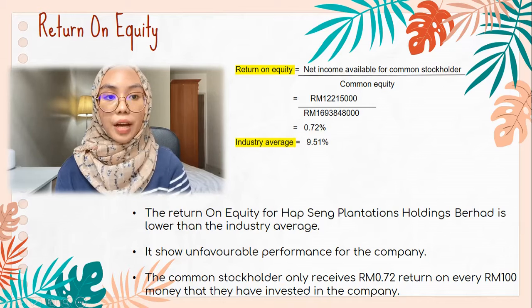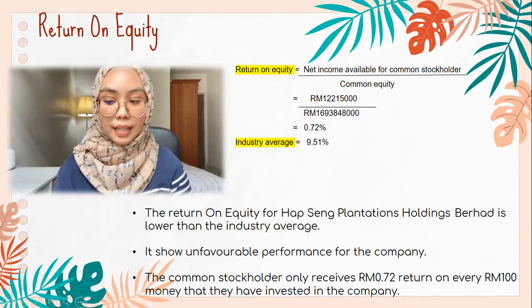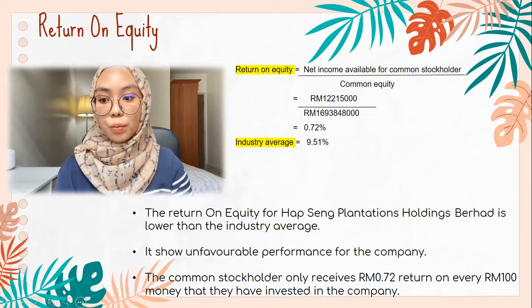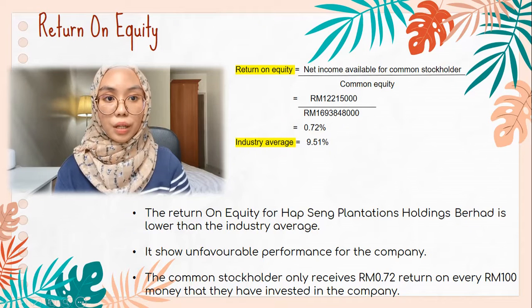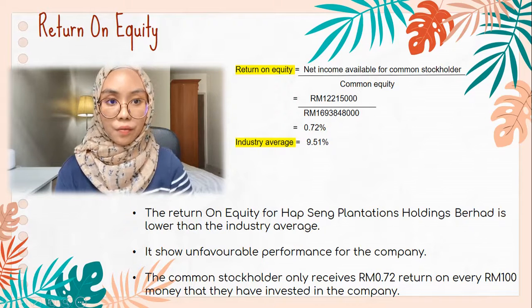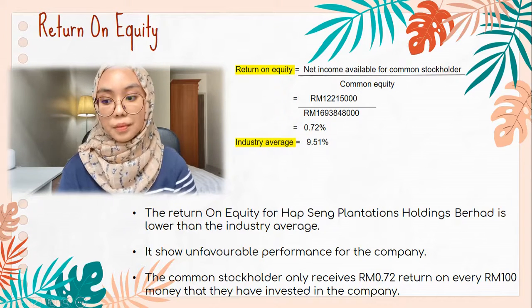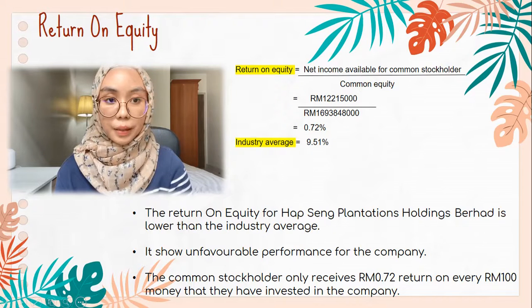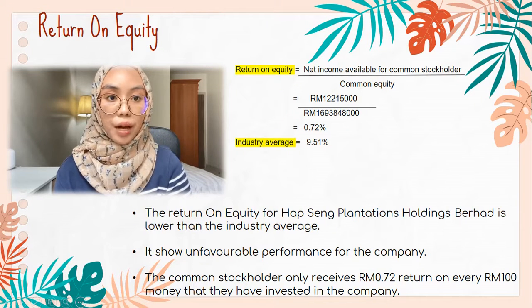Meanwhile, the industry average is 9.51%. The ratio of 0.72% shows that Hap Seng Plantations Holding Berhad common stockholders will only earn 72 cents profit from every 100 ringgit of their investment in the company. Therefore, we could say that Hap Seng Plantations Holding Berhad has shown unfavorable performance as the company has poorly utilized